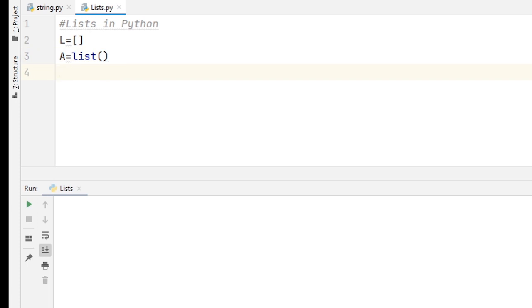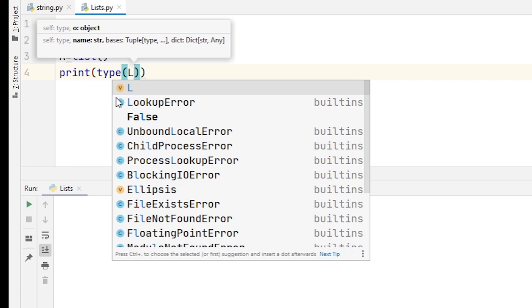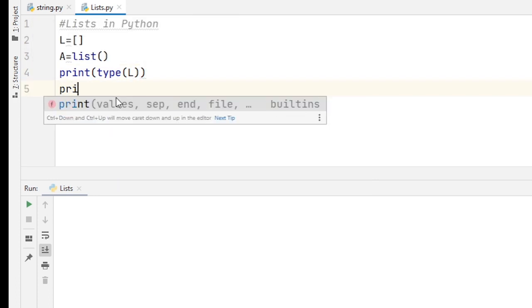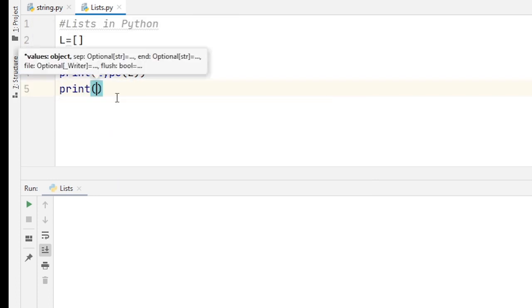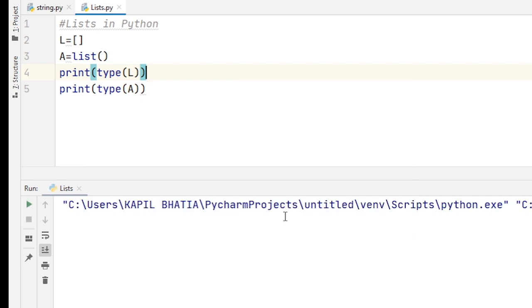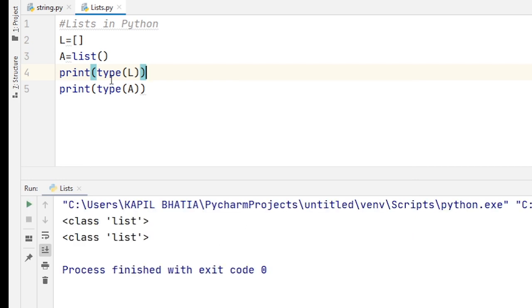If I check the type of L and A, you will find here that the type of L is list and the type of A is also a list. So I hope you understand how to create an empty list in Python.